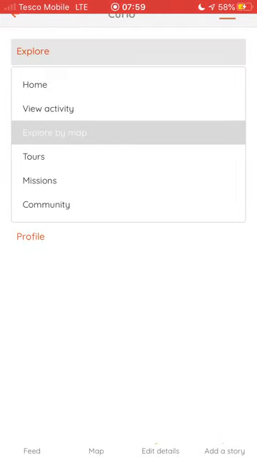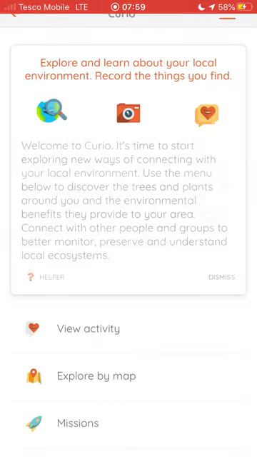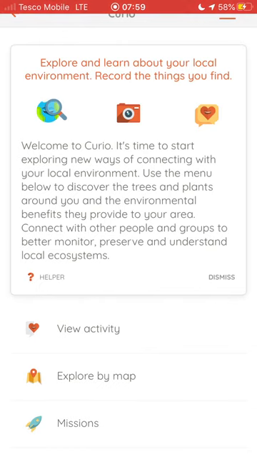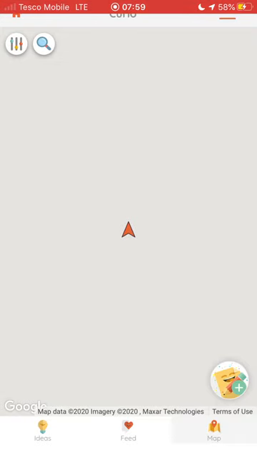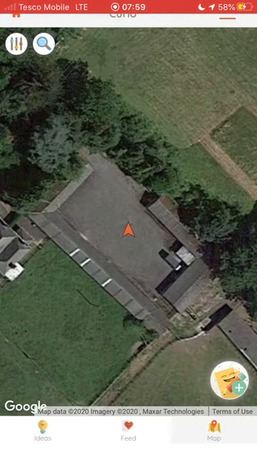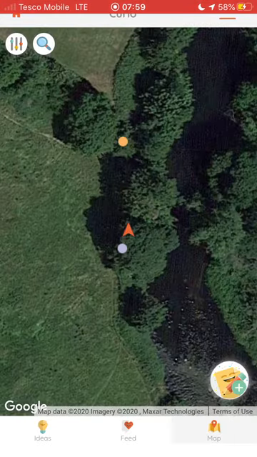One thing I forgot to say is that when you open up that first screen, I'm going to go ahead and just go back to Explore by there, Home. And that brings me back to that home screen where we started out. When you first hit Explore by Map, and again, it's going to bring you to where you are. I'm going to refresh that if I need to. But when you first come to this screen,